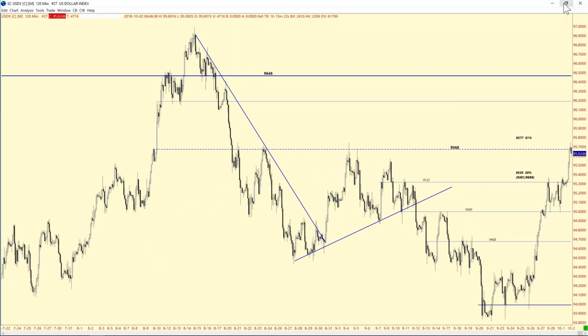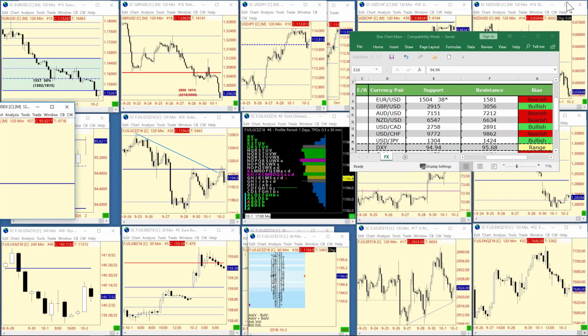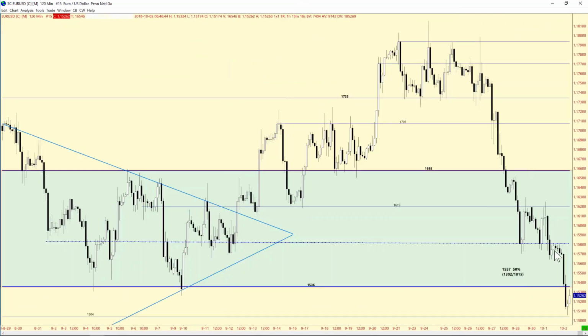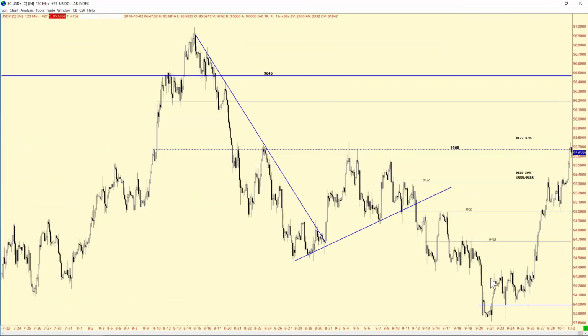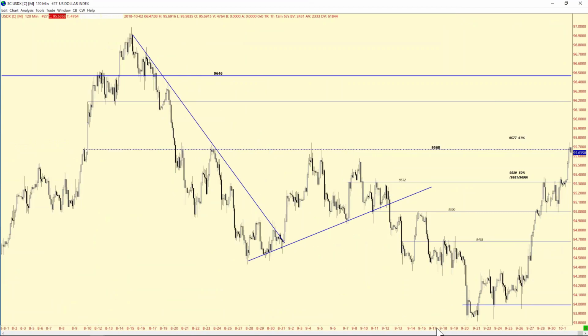Now, did the chicken come before the egg? Obviously the Italian news is what sunk the euro. The euro was just hanging on by its fingertips. It was the Italian news that sent the euro reeling lower, obviously tripped the dollar stops, sent the dollar moving, because the euro comprises 56% of the cash dollar index. So where's the risk? Well, there's our bias chart, 95.68.